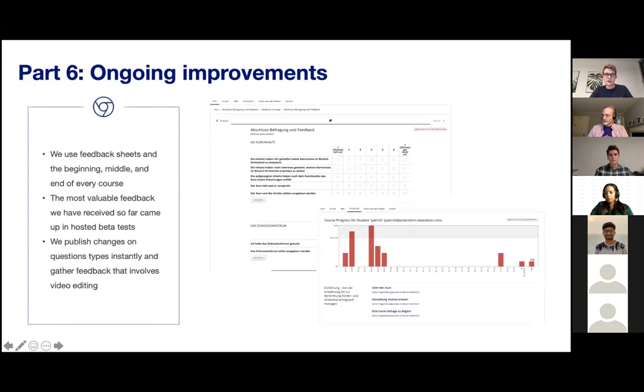And the last phase of these projects of implementing MOOCs into companies is ongoing improvements. And there also, we use very practical and simple tools. We have a routine of adding feedback sheets to the beginning, middle, and end of every course, and we review them together with clients and our team.